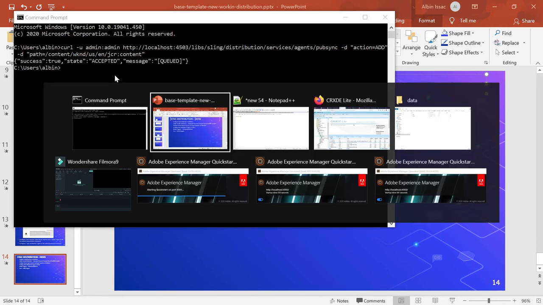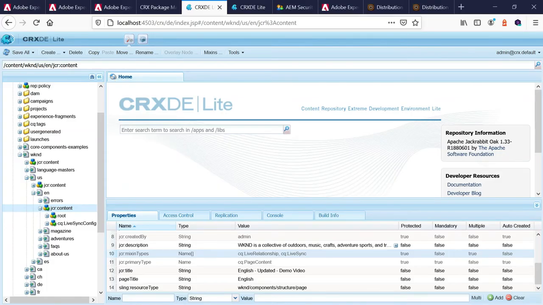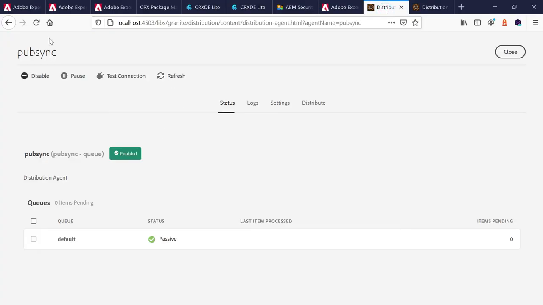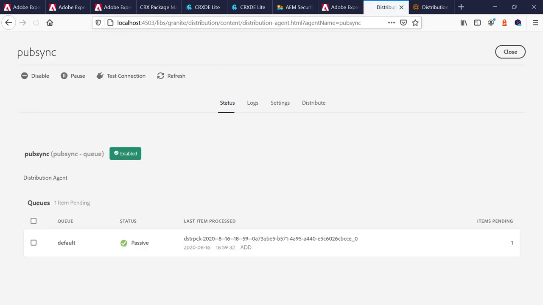So what I will do is go back here, go to this agent in the publisher and refresh it now. Is it in the corresponding publisher 0? See, you can see some data is added into the queue. So this is the package, the actual package having those modifications.